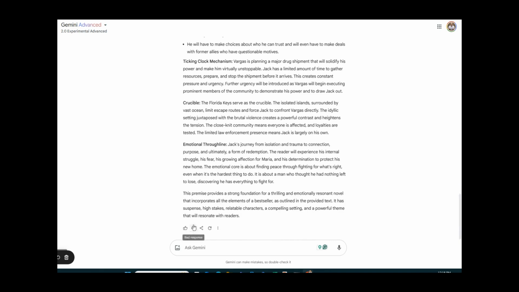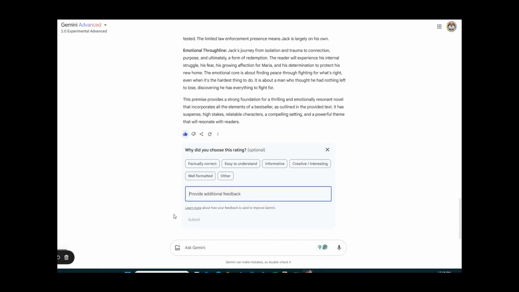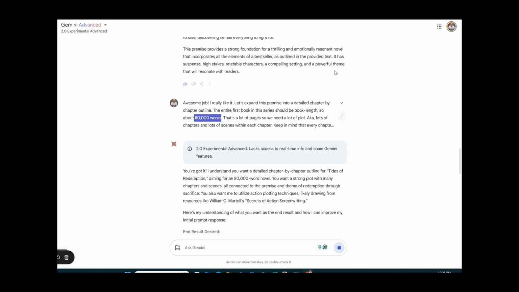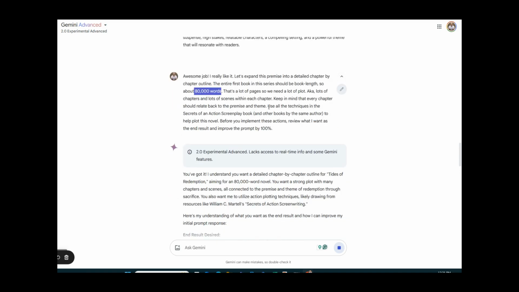Now, the next step is to build the outline. I said, I really like what you did with the premise. Let's expand the premise into a detailed chapter by chapter outline. And I wanted to be sure that the outline would reach book length, so around 80,000 words. I spelled that out clearly. I also said, which I think might be interesting to see what this AI does with it,